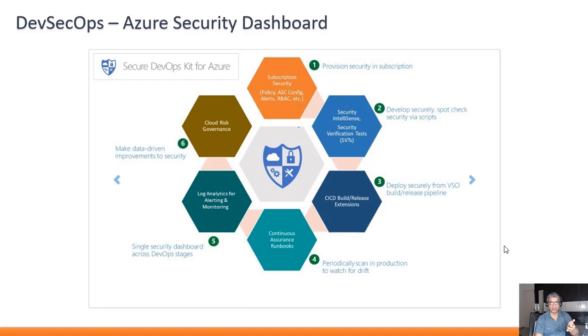There's a log analytics that is used for alerts and monitoring of your DevOps stages, and you can use data-driven improvements for the security, which is the cloud risk governance. So there is a DevSecOps kit that is provided by Azure itself, which will have all these different parts of the security integration to your DevOps